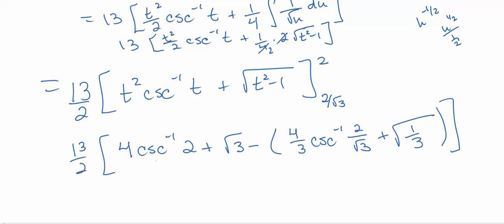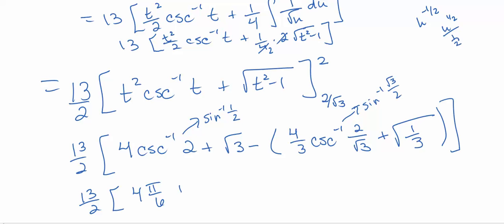Okay, now what is the inverse cosecant of 2? That's the same as saying the inverse sine of 1/2. Remember cosecant is the reciprocal of the sine, so for the inverse cosecant, you just flip the ratio and take the sine. And then this one, of course, is going to be the inverse sine of the square root of 3 over 2. And so what angles give you those ratios, that's going to be on your unit circle, or hopefully you have that memorized. The inverse sine of 1/2 is, of course, pi over 6, plus the square root of 3, minus,